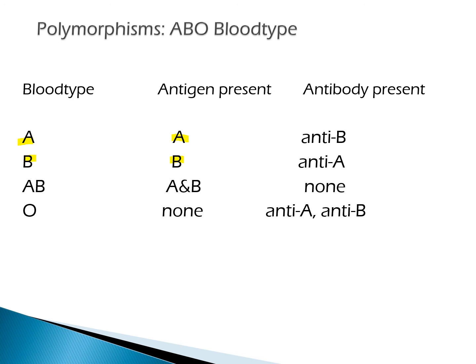If you have codominance, one of your parents gave you the A allele gene and the other gave you the B, then it means you've got two coats over the surface. You've got both A and B, so you are codominant. In this case, your immune system likes A and B because both of them are you. So you don't have any antibodies that are going to react to that.